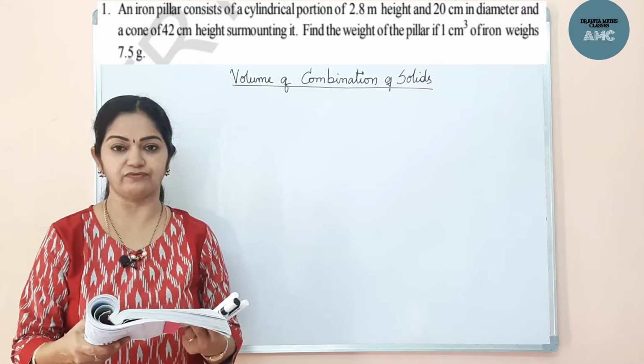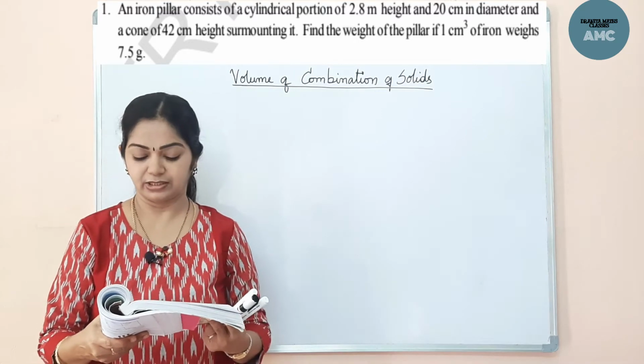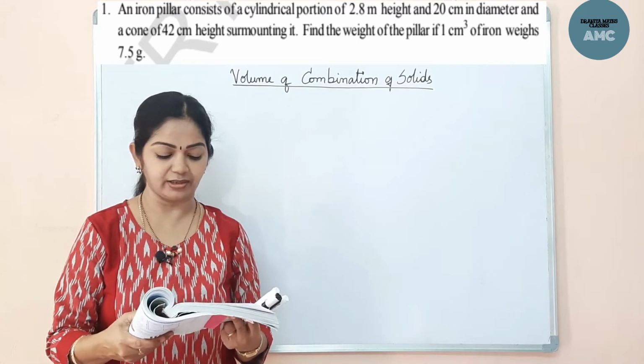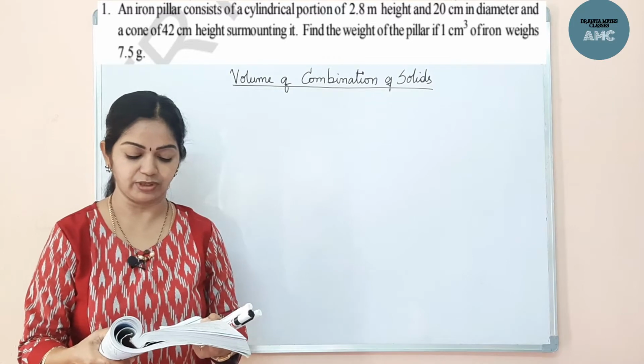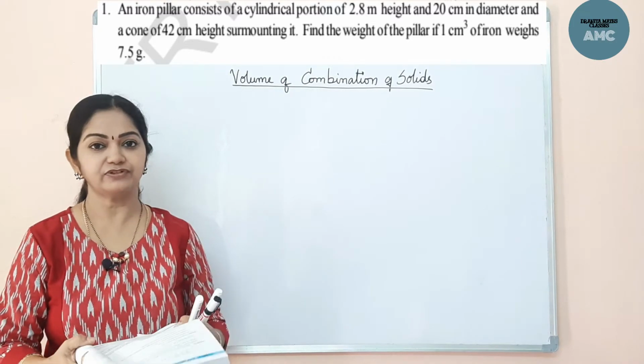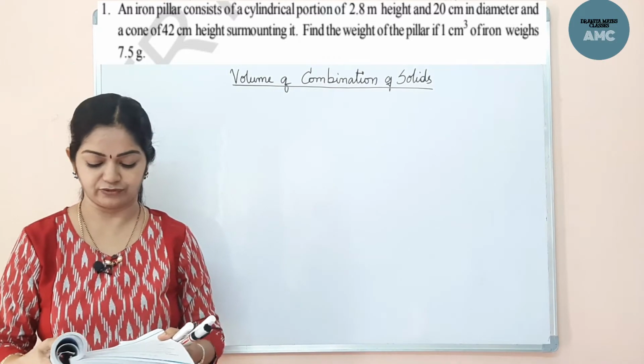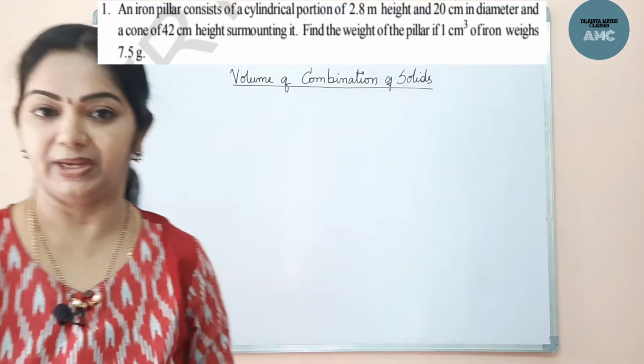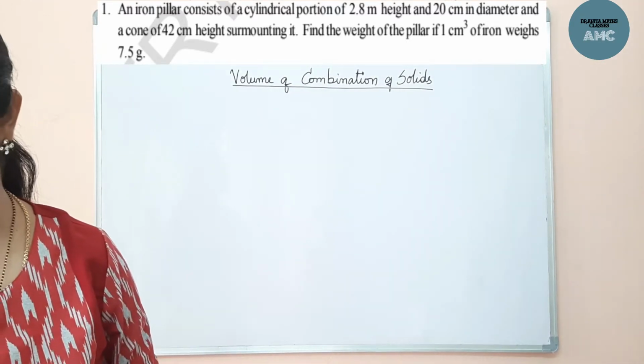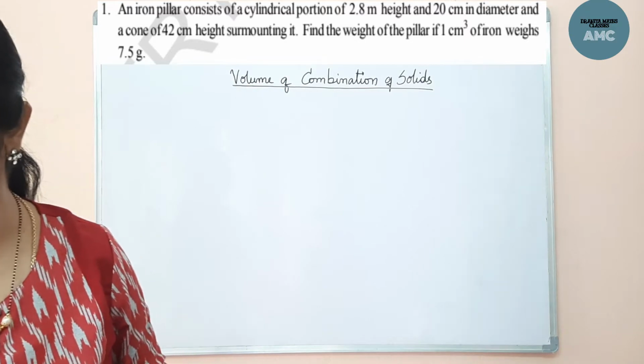Find the weight of the pillar if 1 cubic centimeter of iron weighs 7.5 grams. We have to find the volume. After finding the volume, we also have to find the weight of the pillar in grams. Now here given,